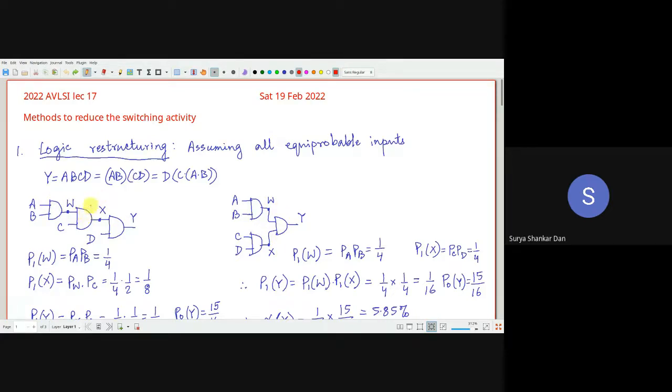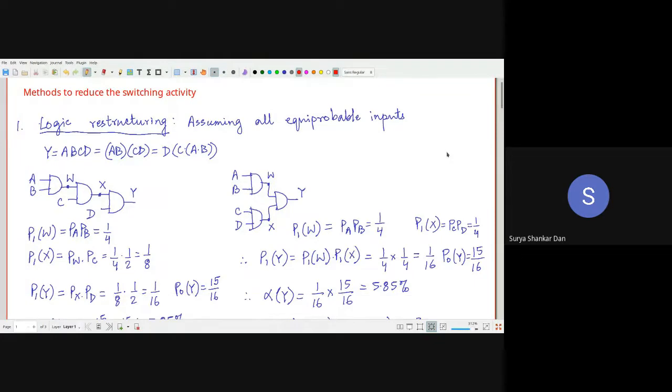Now, what we are trying to conclude is which of these two configurations is better. So you can understand that at the node y you are going to achieve the same function, correct? So which of these is better and why? This is a very interesting thing, and something which you must remember for the rest of your VLSI career. In the interviews also you must tell this logical restructuring to reduce switching activity. This is one of the techniques. So let's do certain calculations.